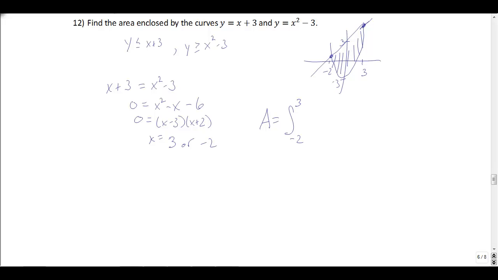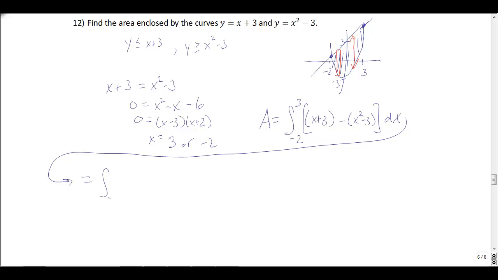I'm going to do little rectangles in here, but I'm going to do the top function minus the bottom function. So the length here, top minus bottom, or maybe I think of this as a line here instead of a rectangle, but I'm doing top minus bottom. The top function turns out to be the line, x plus 3. The bottom function, for the interval we're concerned about, is x squared minus 3. So you write down this integral. It's not going to be too hard to do. So let's just